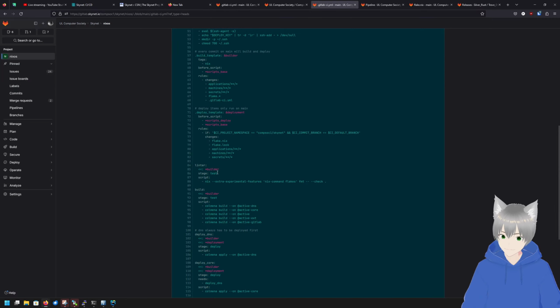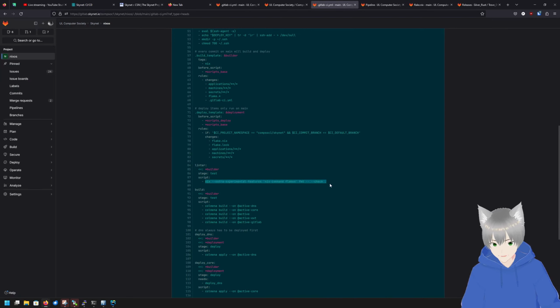So linter is the format option. So this is where a simple command just runs and checks whether it is formatted properly.